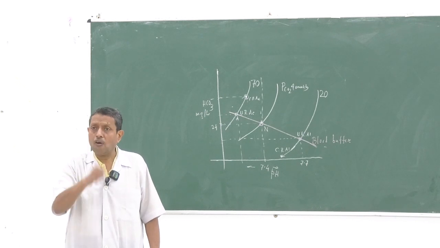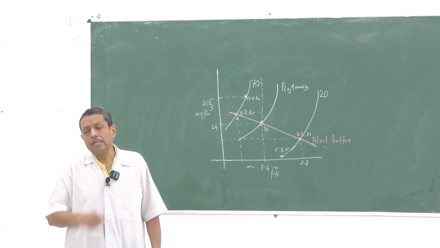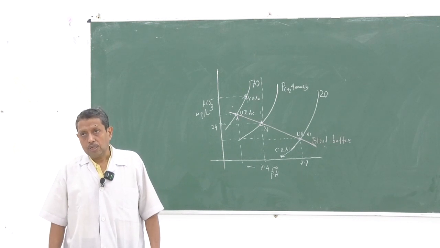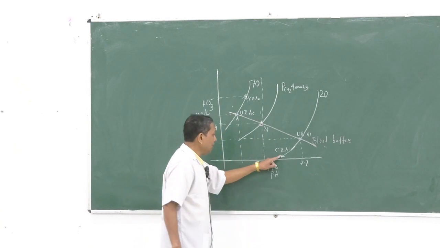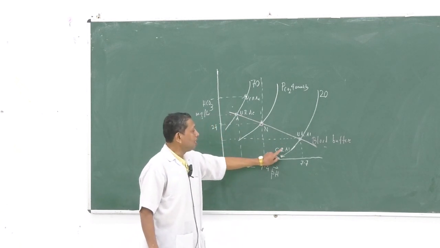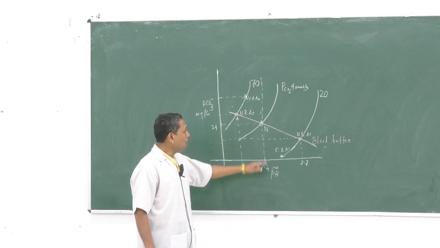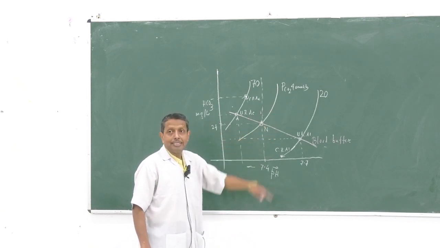So there is further fall in the bicarbonate concentration. But the pH is closer to that of the normal pH. It is the compensatory respiratory alkalosis. Now we have to consider the metabolic